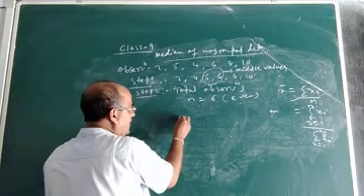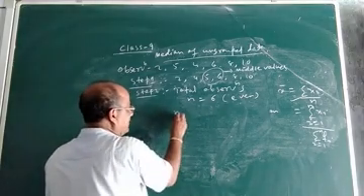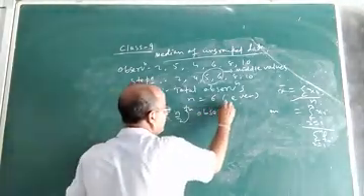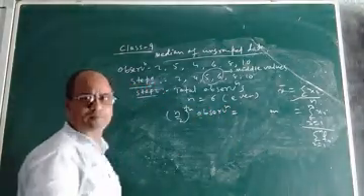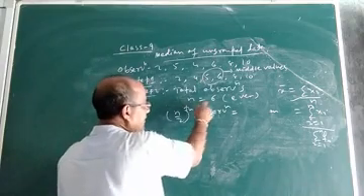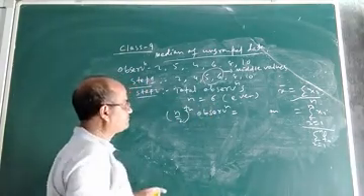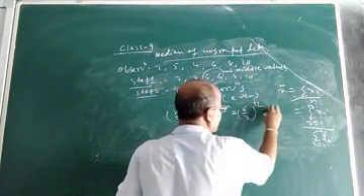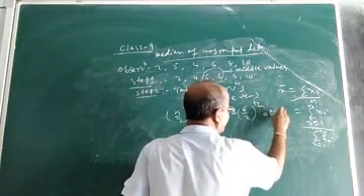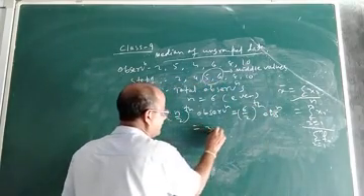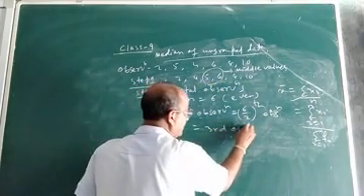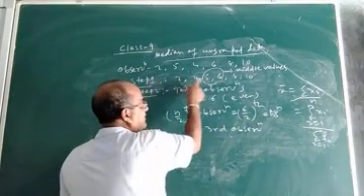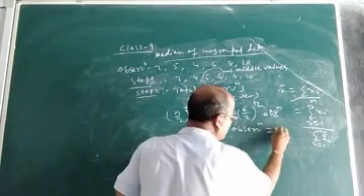As you find two middle values, what is the formula? The next step is to find the n by 2th observation. What is the value of n? N is 6. So 6 by 2th observation means the third observation, written in ascending or descending order. The third observation is 5. So this is equal to 5.